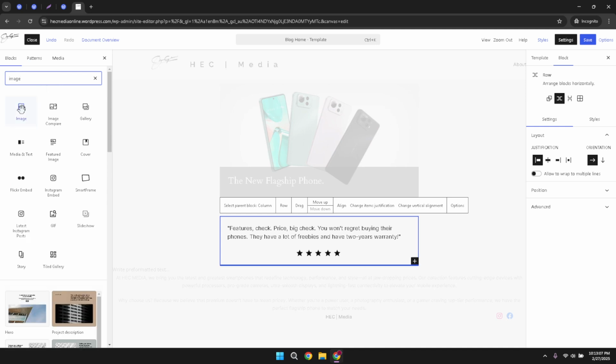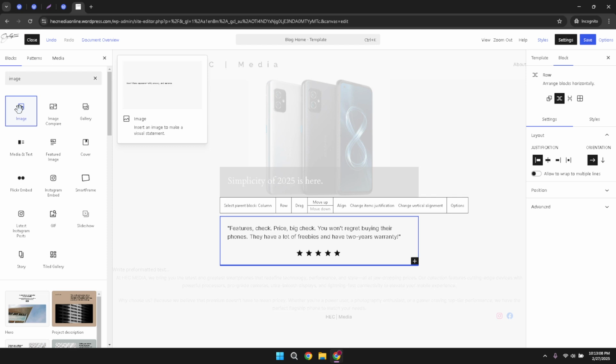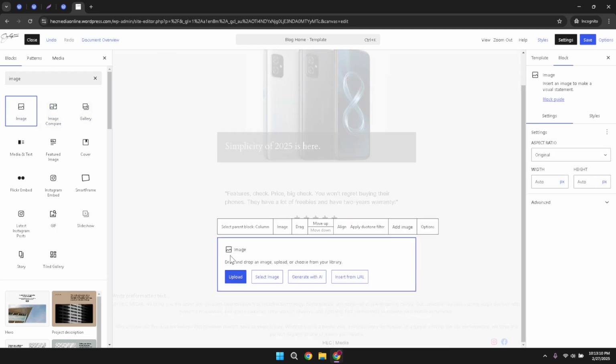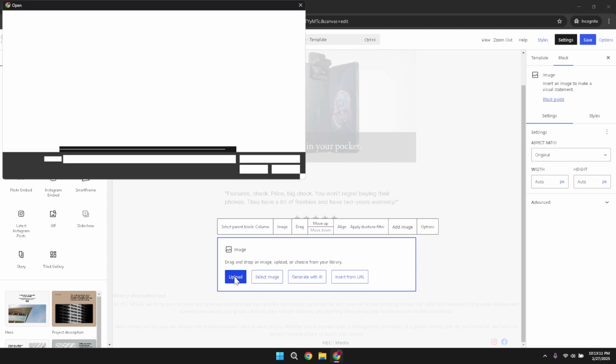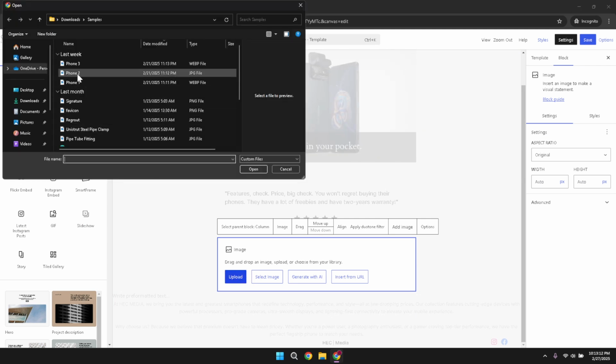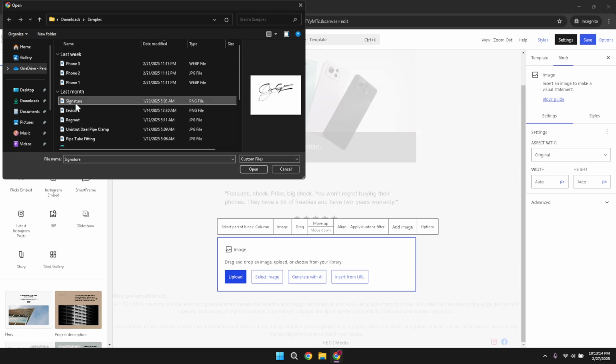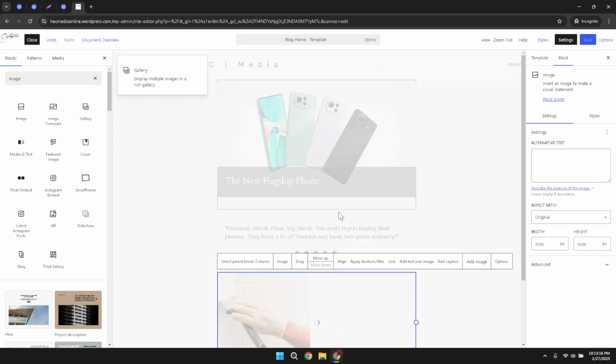Now that you've chosen your image block, it's time to move to the block options. Focus on the toolbar that appears at the top of your selected image block. One of these options will allow you to add a link. Click on Link, and you'll be prompted to enter the URL address you want your image to link to. Carefully enter the correct web address, ensuring there are no typos, as these can lead to broken links.